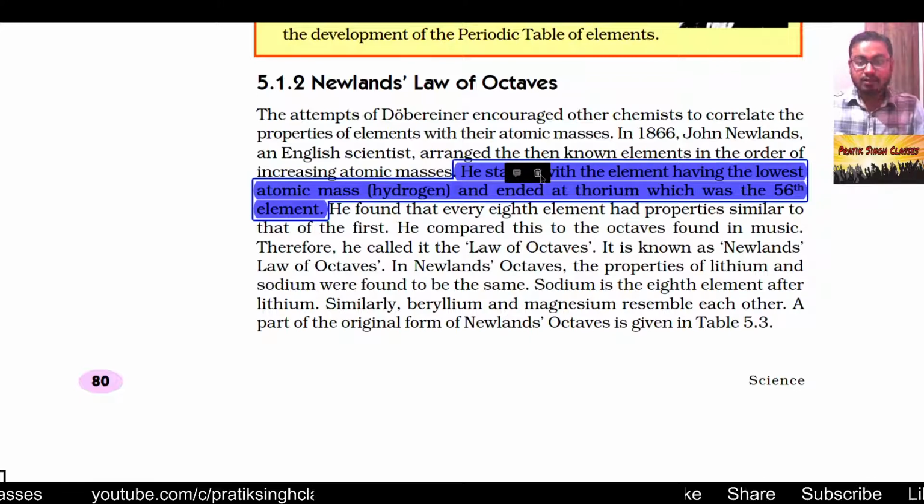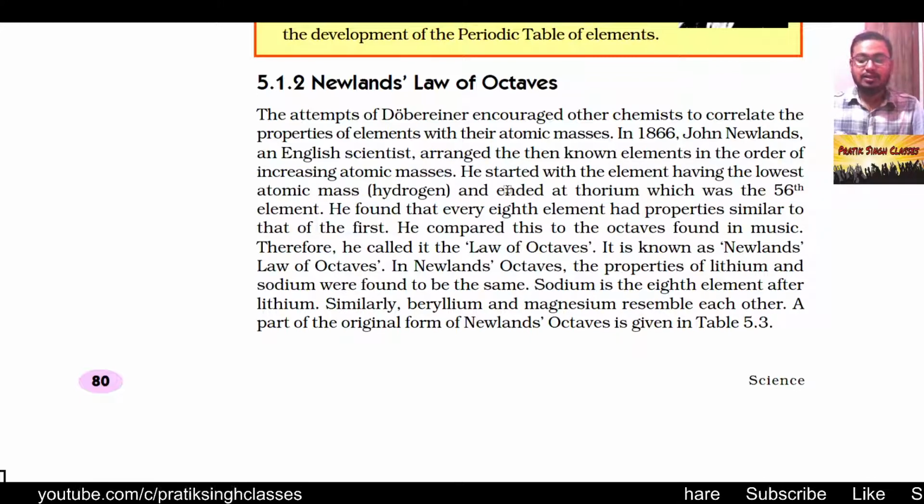Even in today's periodic table, we don't know the exact location of hydrogen. Even though it is placed in group 1, row 1, hydrogen has 3 forms, with deuterium and tritium being the other forms, and we don't know exactly at which place hydrogen should be placed. So that is a drawback of the modern periodic table. Also, if you see, there are 2 rows separated in the periodic table, the lanthanides and actinides series. That is also a drawback of the modern periodic table, but we will not go into that much depth now. I just said these things for your information.